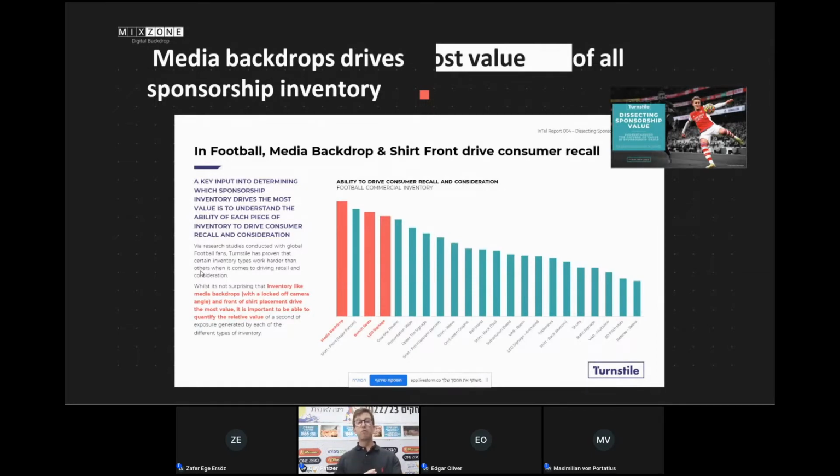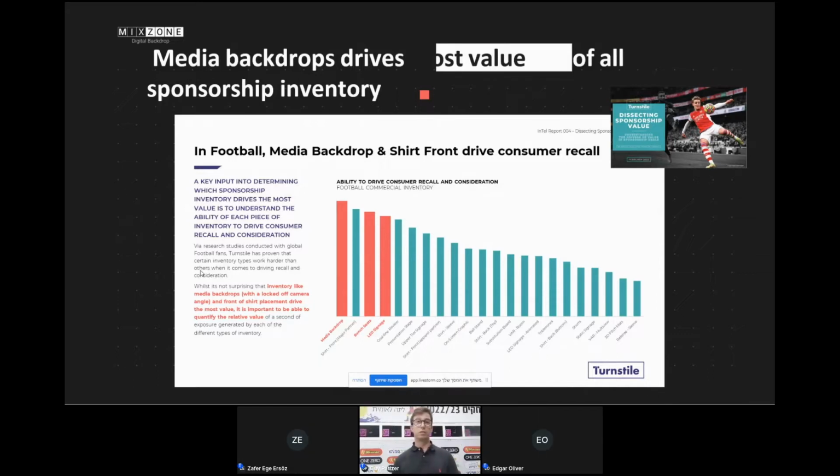In their annual report that came out last February, they discovered that media backdrops have better consumer recall than even the logo on the jersey, LED systems, and all the other inventory clubs have. We are talking about value for money, and I think this is the key to why it's worth investing time to change the backdrop.